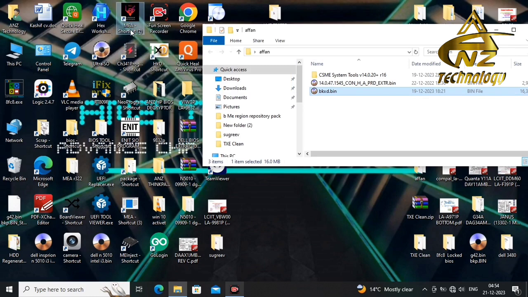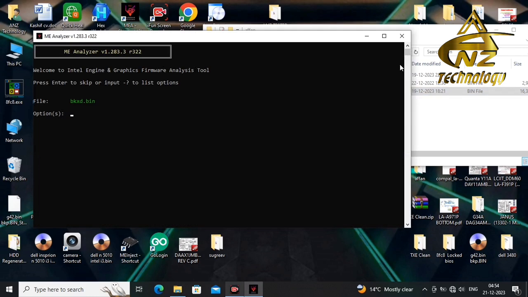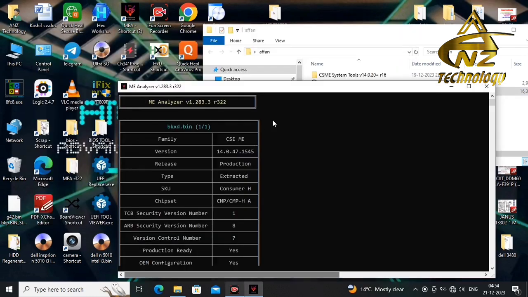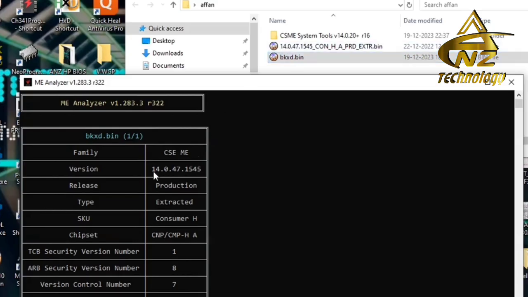So drag this BIOS onto the ME Analyzer. Press enter. And first we will match our firmware backup. So here you can see it is 14.0.47.1545.